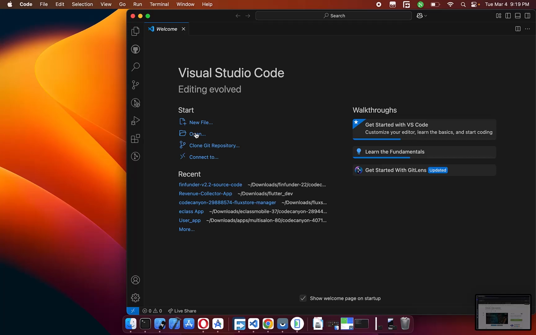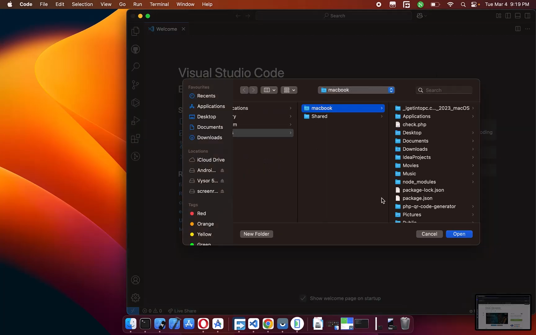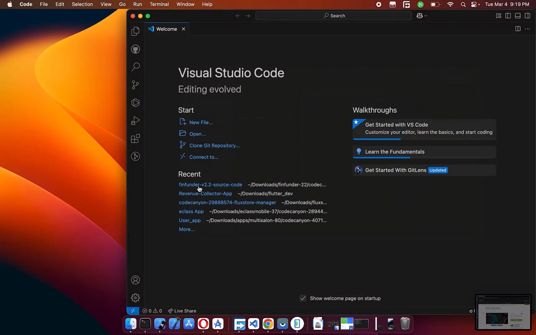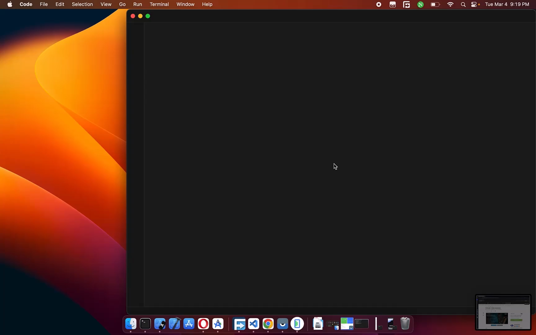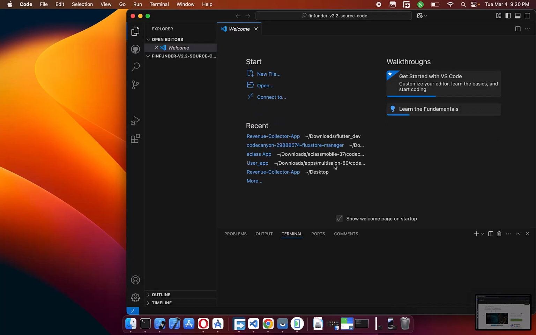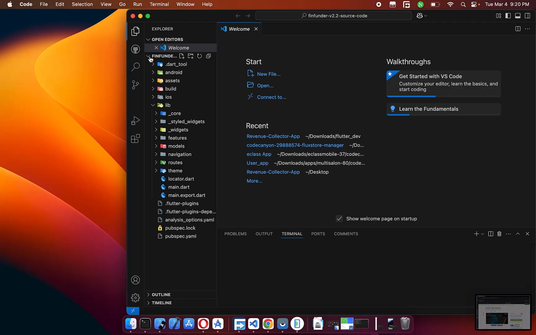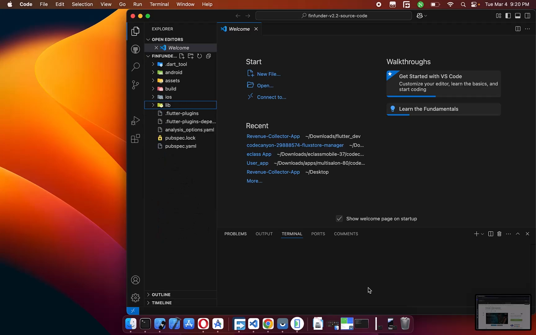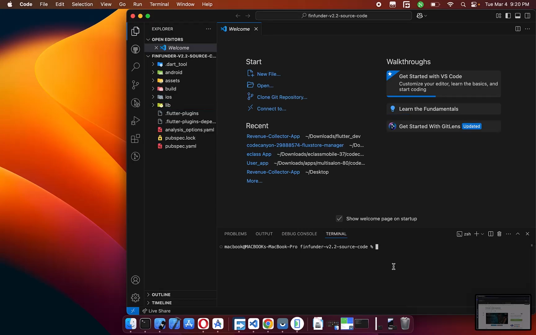So in my case, I'm just going to go to open. Do well to remember your downloaded path. What you want to do first when you open this script is to Flutter clean the project. So you just want to type the command line command flutter clean,